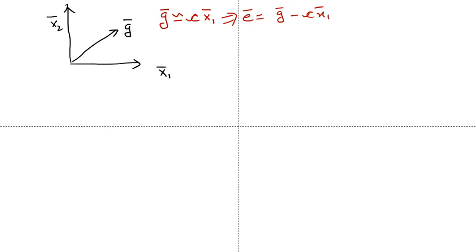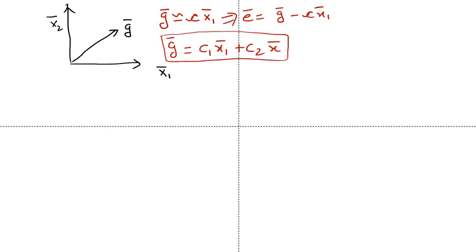However, if you take this expression, say g vector, this will be equal to c1 x1 plus c2 x2. So here I'm not approximating, this is a true value. You can represent any two-dimensional vector in terms of two orthogonal vectors. That's well known. Obviously this is true only when x1 and x2 are orthogonal. Orthogonal means the inner product between the two is 0.